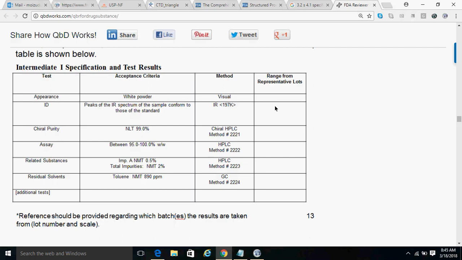What method, IR method, and this is the code number 197K, and what is the value. Chiral purity, not less than 99%, and chiral by the HPLC method you used. Assay method, your assay should be 95.0 to